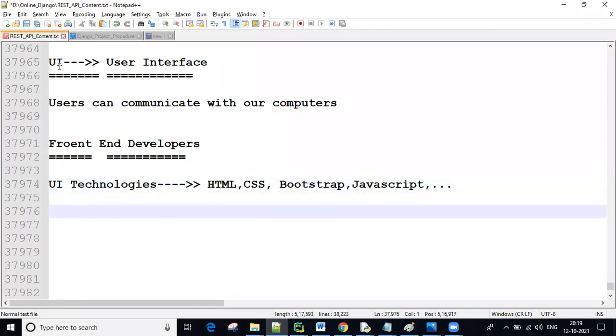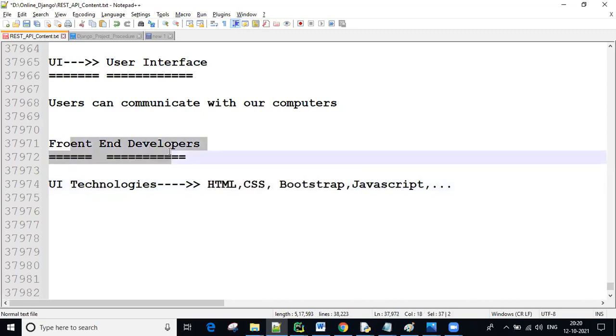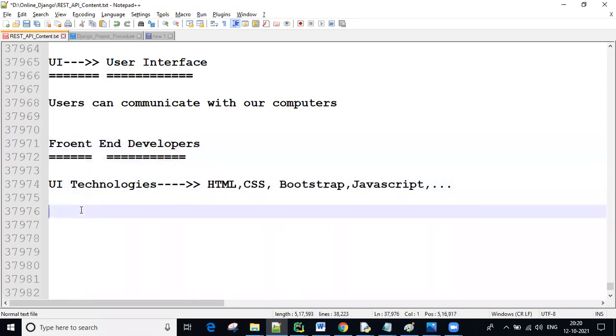Using all these, taking the input from the user and sending it to the backend is the UI developer, front end developer role.